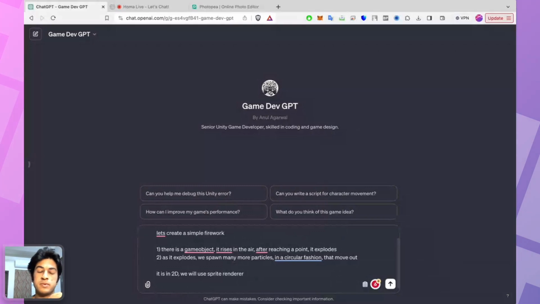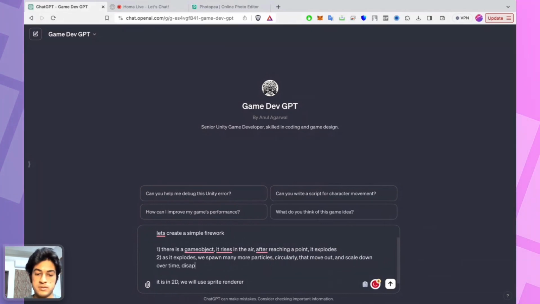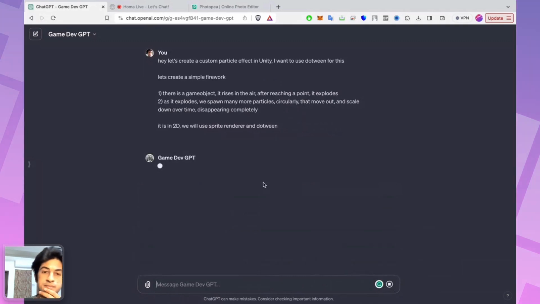Once it goes boom, as the particles come out, they disappear as they burn. So let's define it in the second step: that move out and scale down over time, disappearing completely. It is in 2D. We will use a sprite renderer and coroutine. Okay.